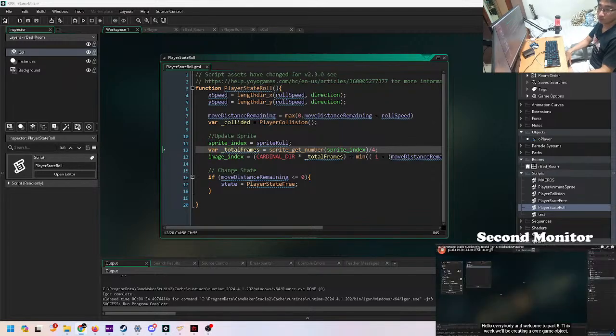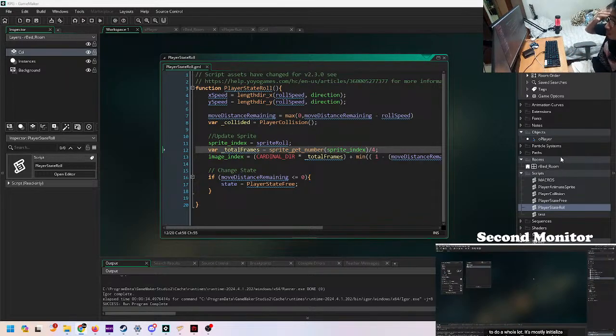Hello everybody, welcome to part 5. This week we're going to be creating a core game object, which we'll call OGame, that's going to manage the game, so to speak. It's not actually going to do a whole lot, it's going to mostly initialize things, so any settings and things we need to change or run in code right at the very beginning of the game, any global variables we need to establish, or handle anything meta, maybe debug commands